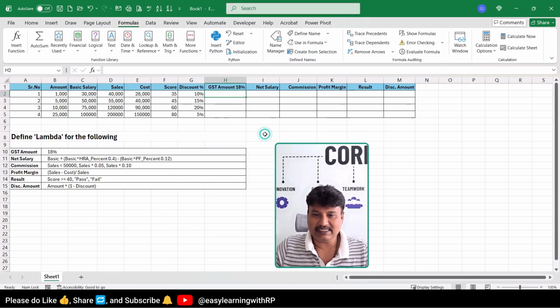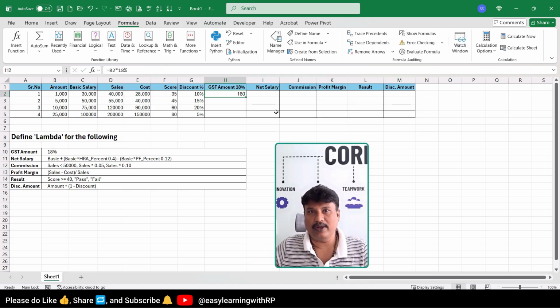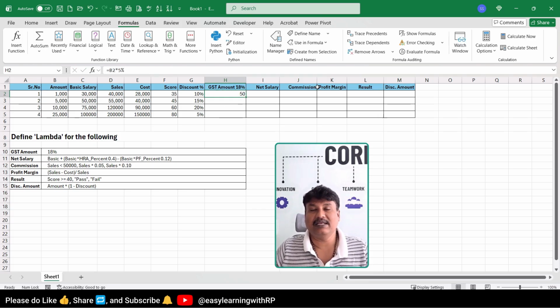So for example, in this Excel sheet you can see that I need to calculate 18% GST based on the amount, and for that I am just going to write equal to amount and calculate 18% directly using multiplication. Okay, and this is going to return us this value. Think about it. If you want to change this static value from 18 to 5% or 10%, something like that, you need to either add a new column over here, or you need to edit these formulas and put it over there. Okay, so this is the issue.